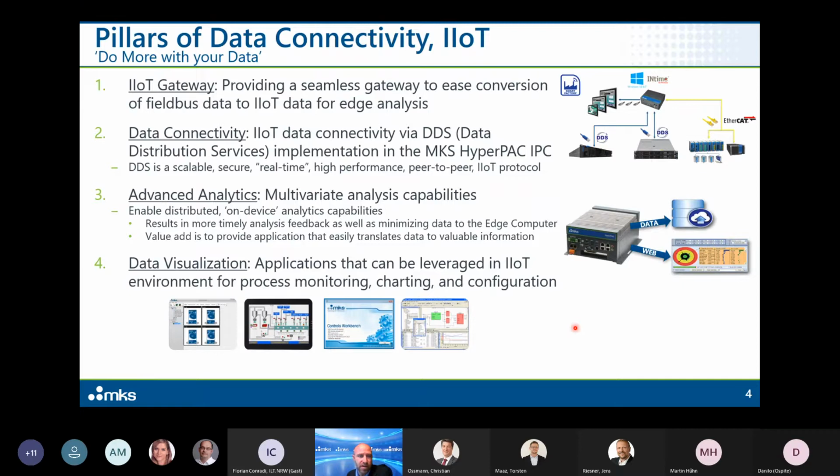So there's got to be the IoT gateway. This is the device, the feature, that converts all of the information that you have in your environment, whether it's on a machine or in your fab. There has to be a thing that seamlessly connects all of your data so that you can pass it off to